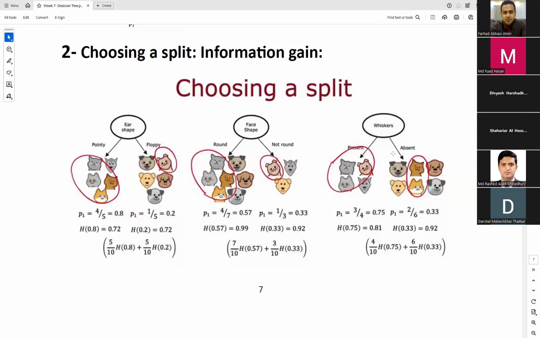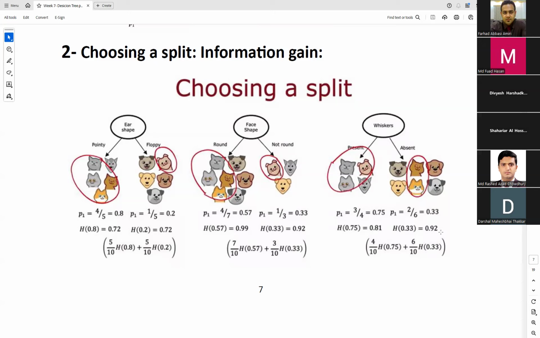How about this one? For the whisker. So on the left branch, 3 cats out of 4 animals, 3 over 4, P1, and then calculate H of P1, 0.81. For the right branch, 2 cats out of 6 animals, 2 over 6, and then calculate H of